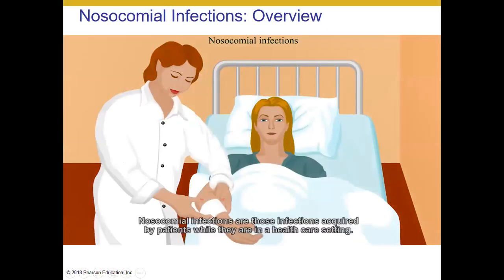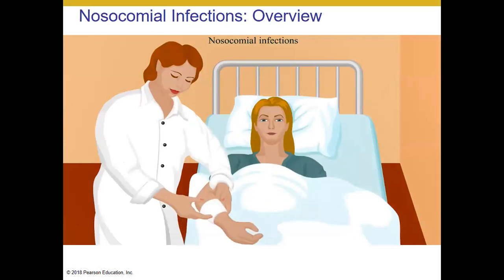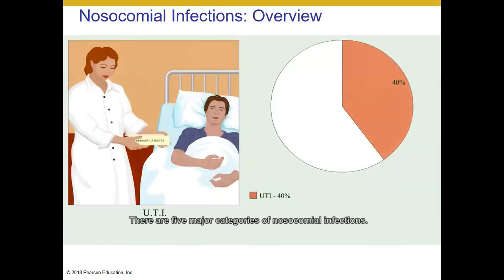Nosocomial infections are those infections acquired by patients while they're in a healthcare setting. It's estimated that 30% of nosocomial infections are preventable through more stringent use of aseptic technique by healthcare personnel. There are 5 major categories of nosocomial infections. The most common type of nosocomial infection is a urinary tract infection. These are typically contracted during insertion or removal of urinary catheters, and usually involve the normal flora of the patient